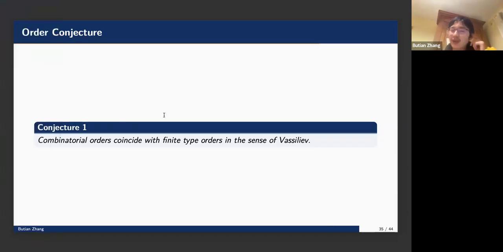It is supported by our work and also the work of Victor Turchin, by calculating the upper bound of the